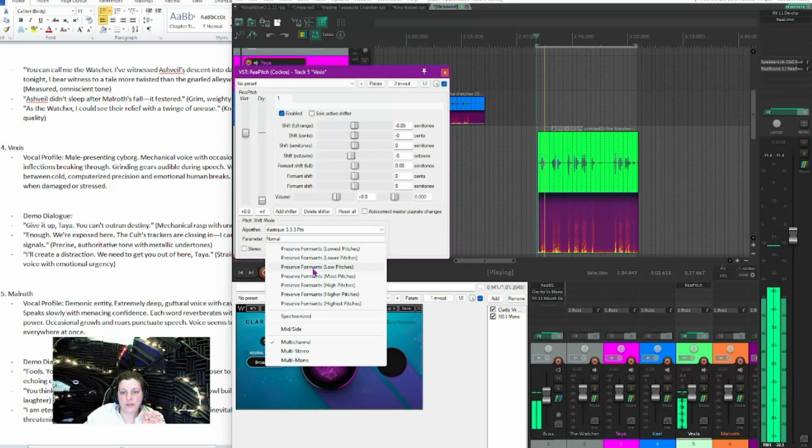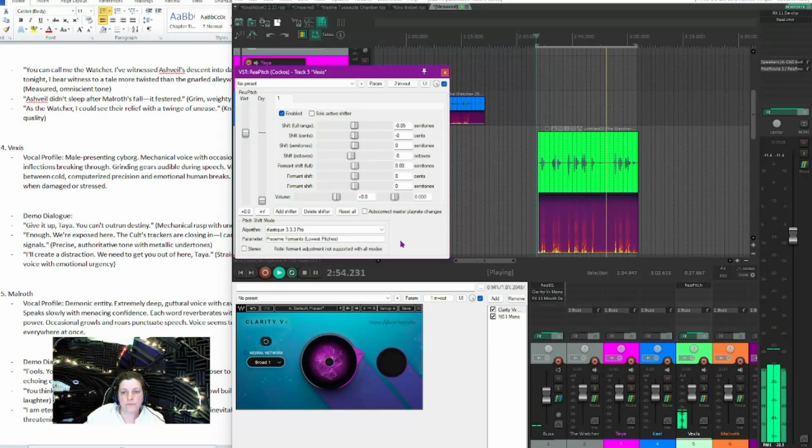The parameters, we want to preserve some. You can play with this as well. I may or may not. I think I'm going to preserve the lower pitches because I want him to have lower. Normally, when I'm doing the scent, the full ranges,